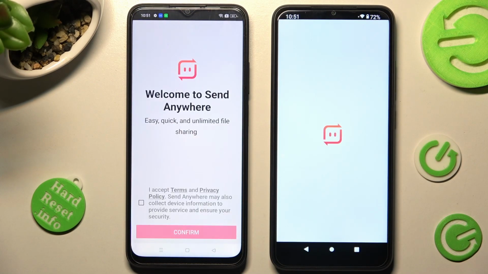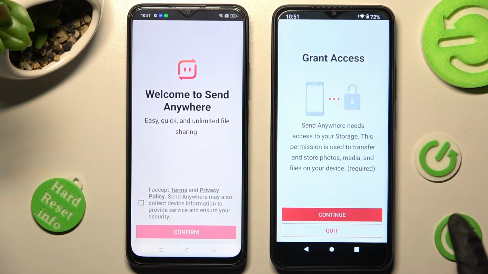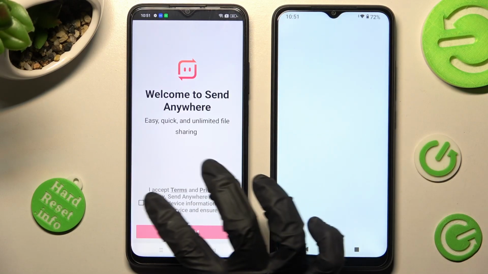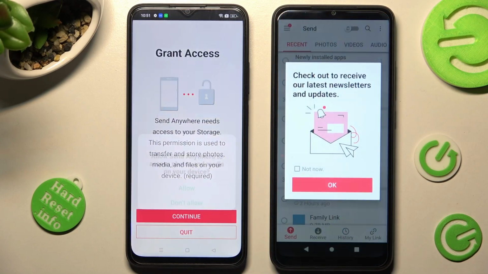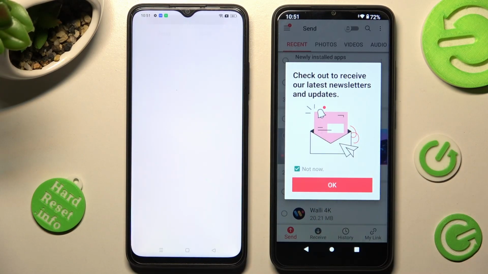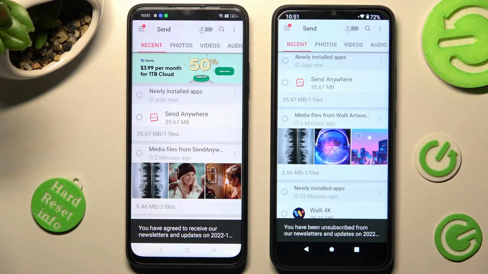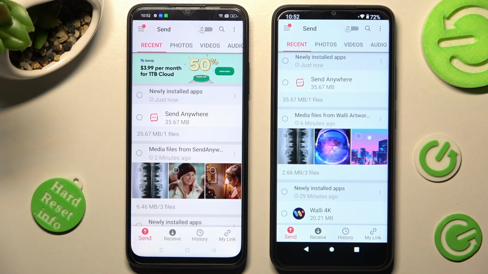Now, in order to use it, tap on I accept, confirm, continue and allow on both devices. Then you can select Not Now in the pop-up if you wish to and close it by tapping on OK. Then choose Send at the bottom left corner of your OPPO if it's not already on and tap on Receive